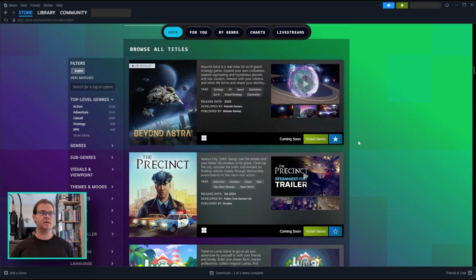If we go down to browse all titles here, you'll see once again things on your wish list are appearing at the top. That's an interesting choice, and I think the reason that's there is that Steam is expecting people to go in and possibly click the star on games that they want to check out, and then maybe head down to this bottom element to play those demos, because playing the demo takes a little bit longer than just clicking star. But as a developer, that's a really interesting change, because it means now if someone were to